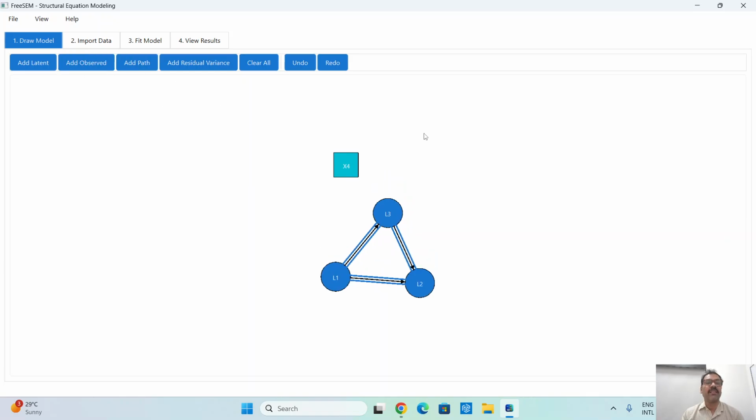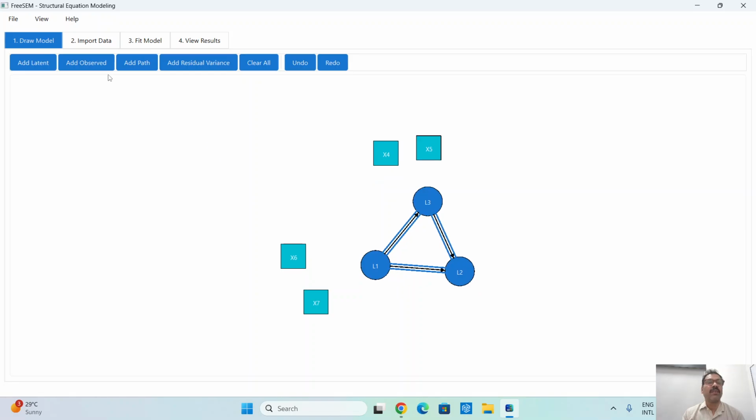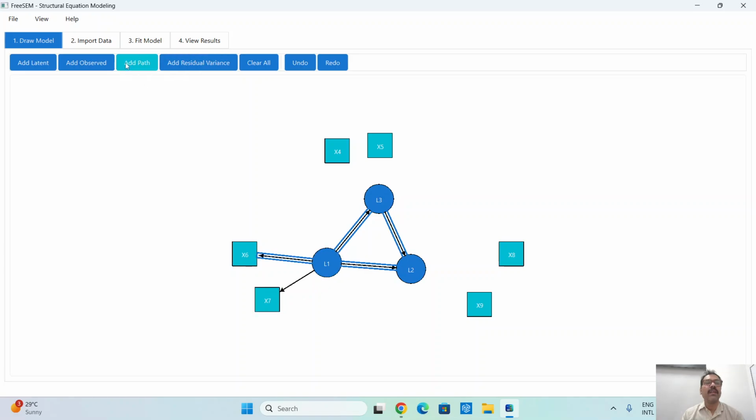Then you will have add observed and add observed. I want to have two for L1, two for L2, two for L3. Now, usually how it happens, it will take the path arrow from latent to the observed. First, I will start with L1 to L6, and then again I add path L1 to L7, add path L2 to L8, L2 to add path to L9, add path